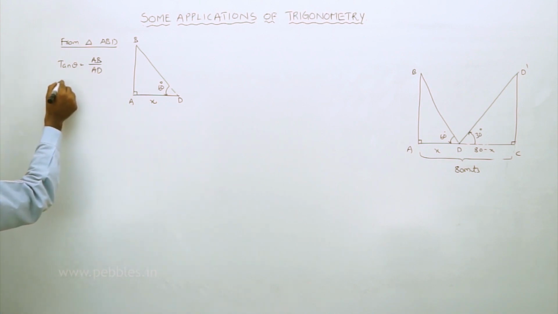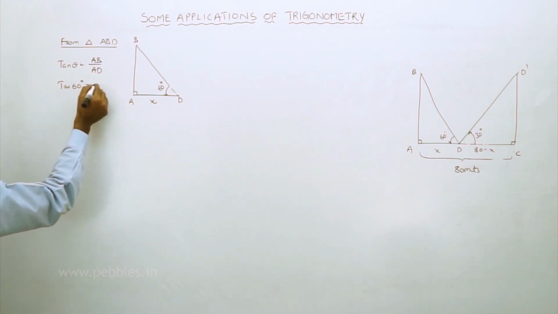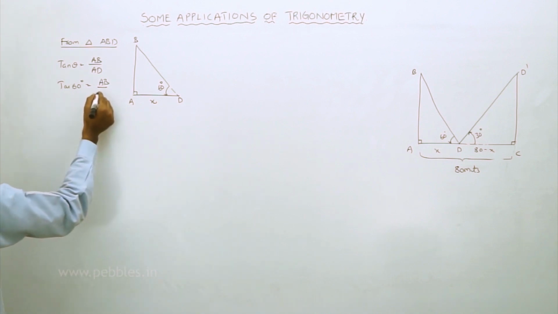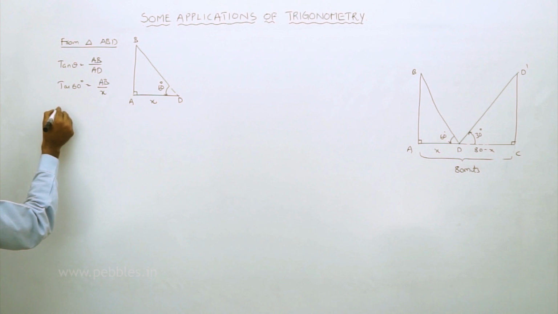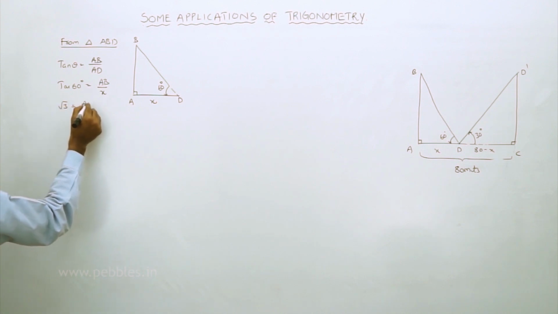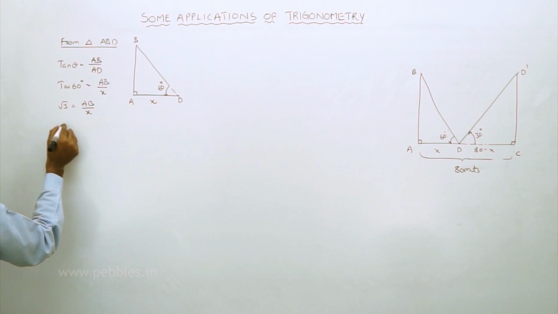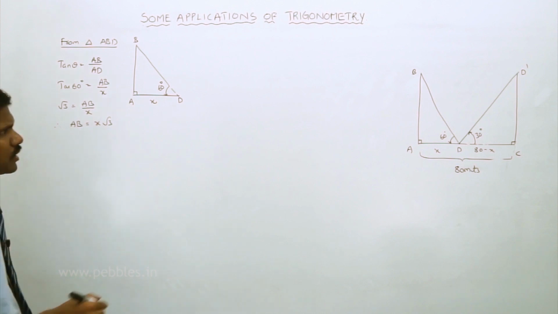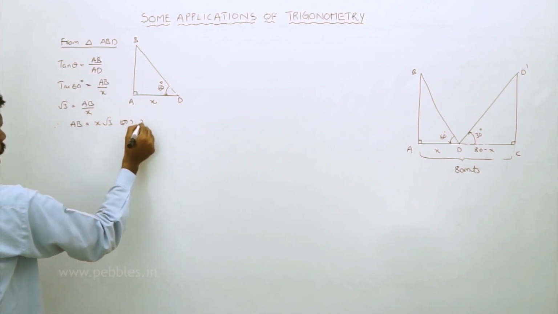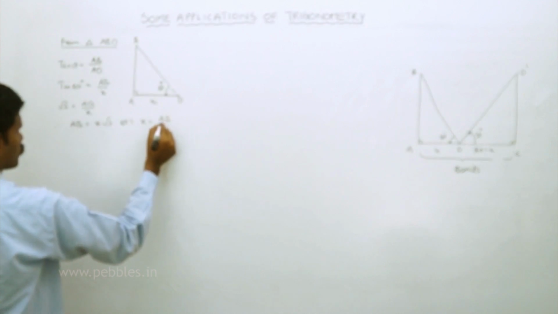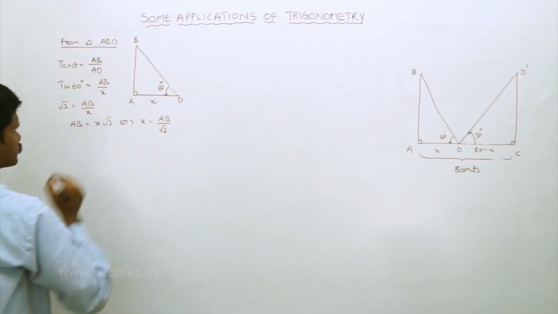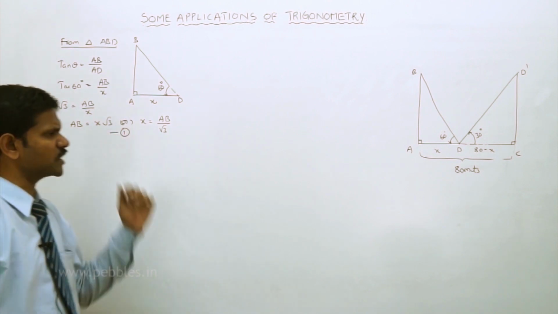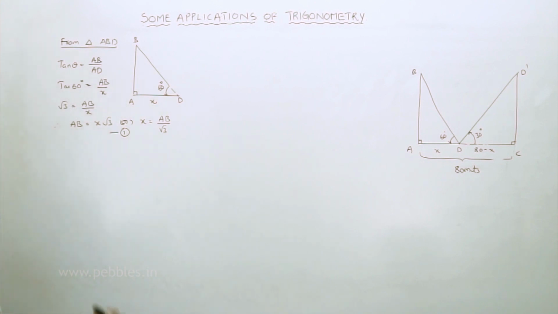That is, tan 60 degrees is equal to AB by x. Root 3 is equal to AB by x. Therefore, AB is equal to x root 3, or x is equal to AB by root 3. This is equation 1. That means from equation 1 we have to use either the AB value or the x value. Now